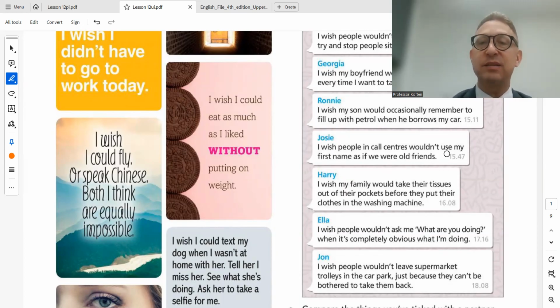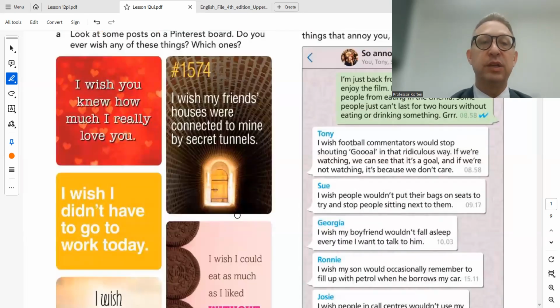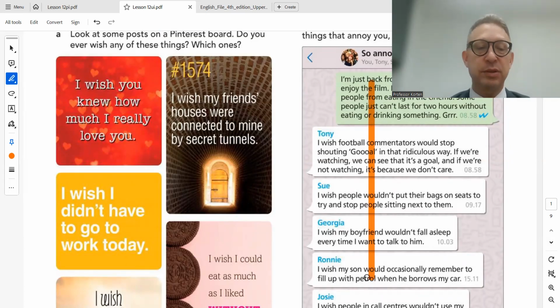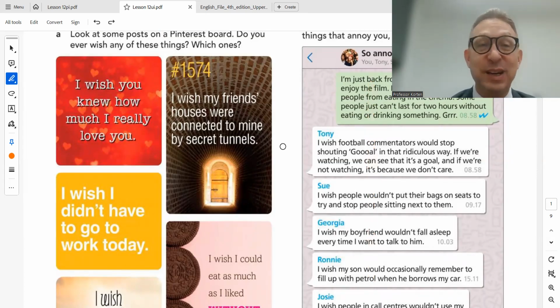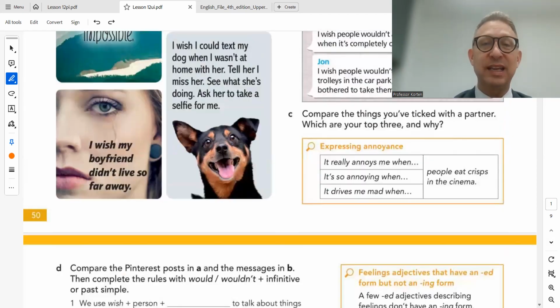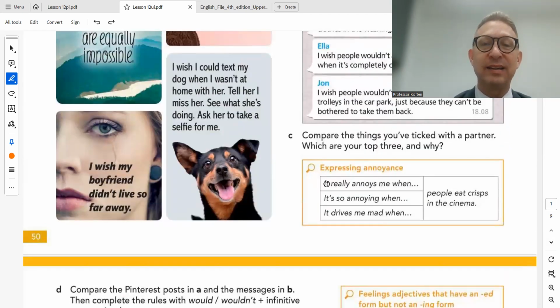Now, this here is very interesting. If you look on this side of the page, you can go through some of these. I wish I didn't have to work today. I think a lot of people who are working felt this way. Here is a text, a conversation via text, and you're supposed to go through it and find out things that annoy you, things you don't like. And this is a great opportunity to use wish, because things that we don't like, we often express with that,